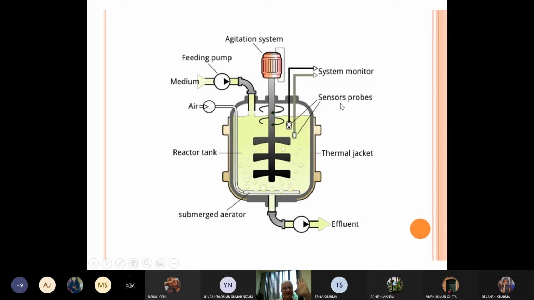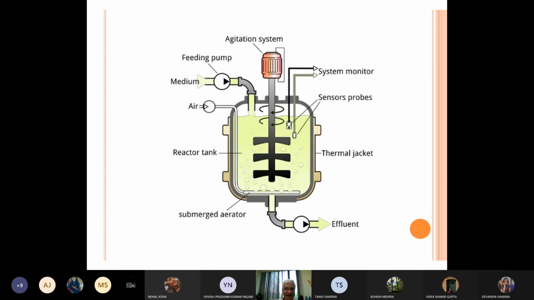It is mainly these 3 sensors that are there in all the most modern fermenters also. फिर बहुत सारे होते हैं, that I'll come later on, but these 3 are fundamental sensors. So that is carbon, nitrogen, and that is the nutrient sensor probe we call it, and then temperature, and there is a pH probe. Yeah. And there is an automation to that.